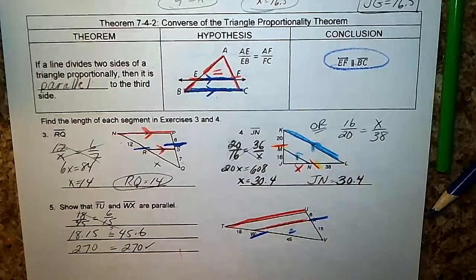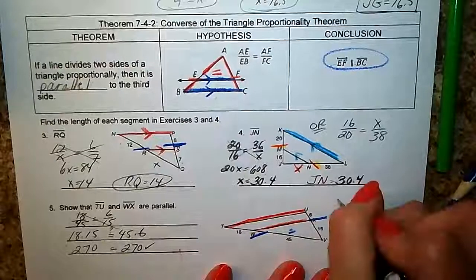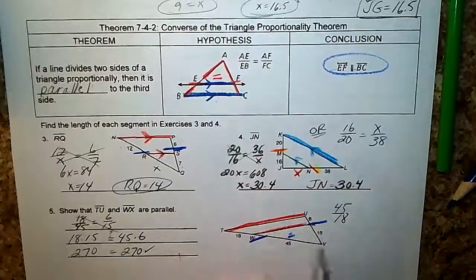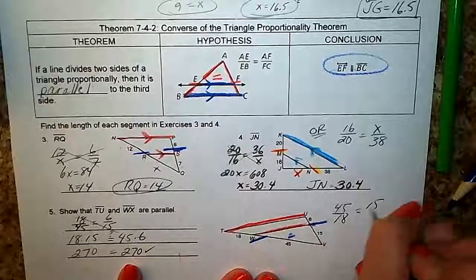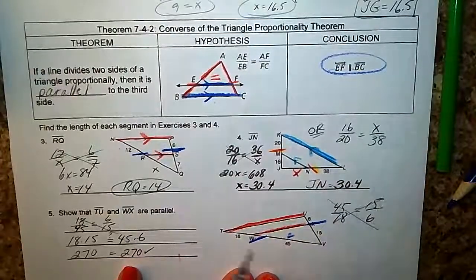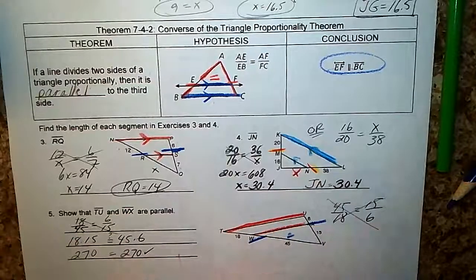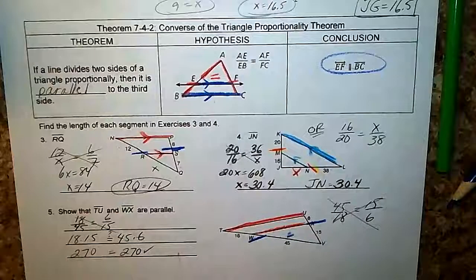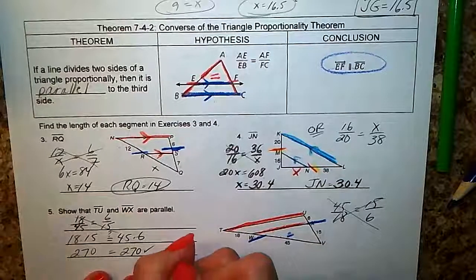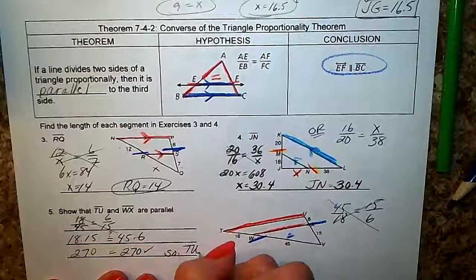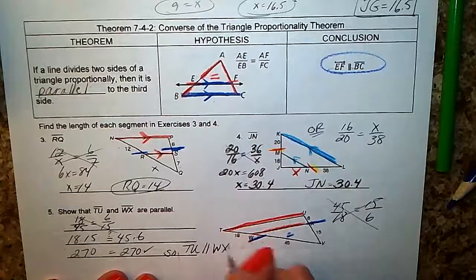So that works. And again, I could have also set this up as 45 over 18, but then I'd have to do 15 over 6. You can see why it doesn't matter, because you're still cross multiplying the same things, 18 and 15, 45 and 6, and you will still get 270 equals 270. So because that proportion works out to be equal, we know that TU has to be parallel to WX